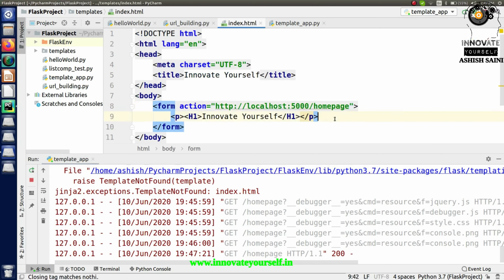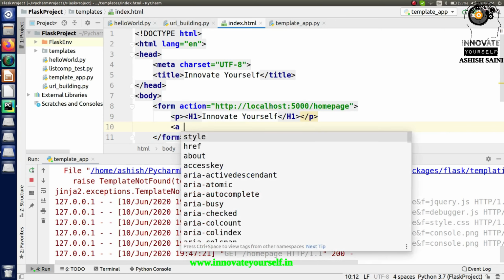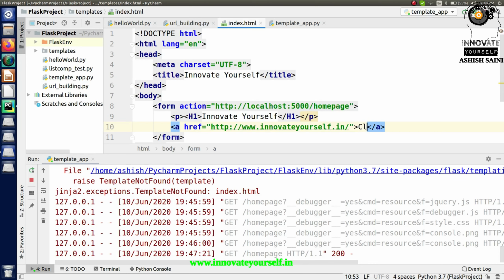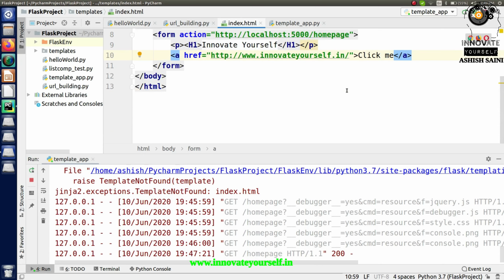Similarly, if in case now I want to add some extra features to this, let's say I want to pass a link, let's say a href. So this is one tag for me, and in here I want to pass the link. So the link is like http://www.innovateyourself.in. So this is the web page which I have created here, right? So this is how exactly I can do it. Now what I can do is simply pass some message for this, on which I will click and it will take me to this particular URL, right? So this is how exactly I can do.